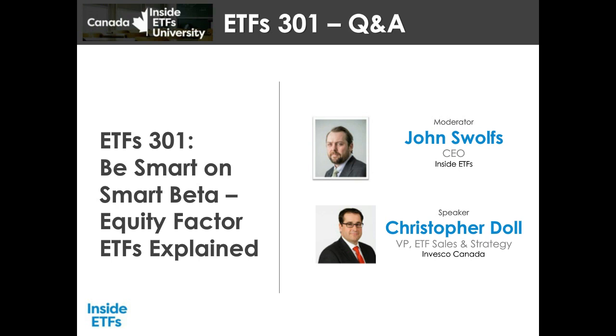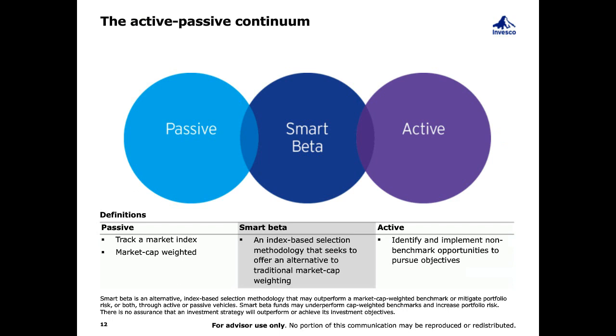Yeah, so for that, I think we look at it in a number of different ways, and I'll take us back to the slide where we had the three types of investment management techniques across the universe. If you think of where we've come from, you have traditional passive investors who want to track an index, and typically that's been a market cap weighted index. And they're fine to take the ups and the downs as long as they get the returns of the index less some fee. On the other side of the spectrum, we have active investors,